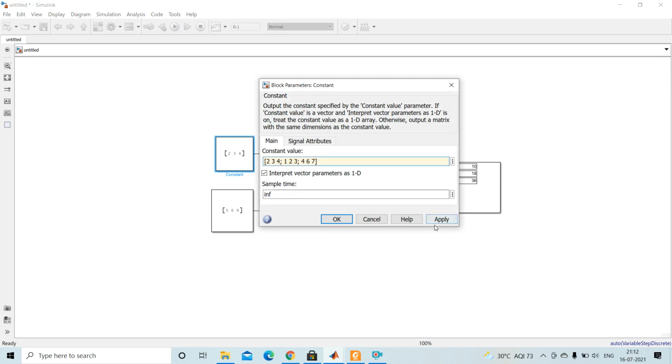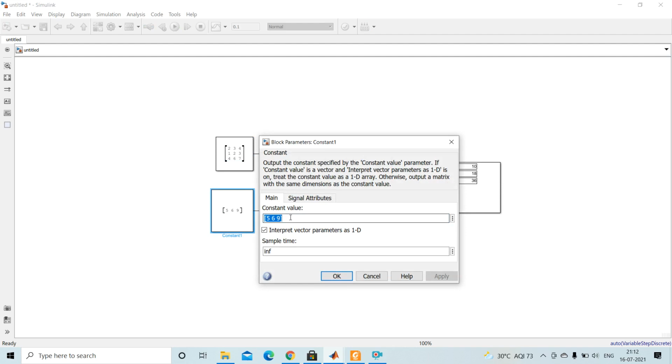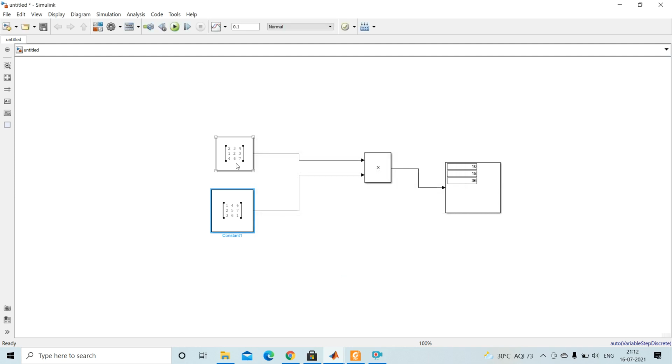Apply. So this is one matrix. I can form another matrix here also. This is another matrix form. So this is one matrix 3 by 3, and this is another matrix 3 by 3.